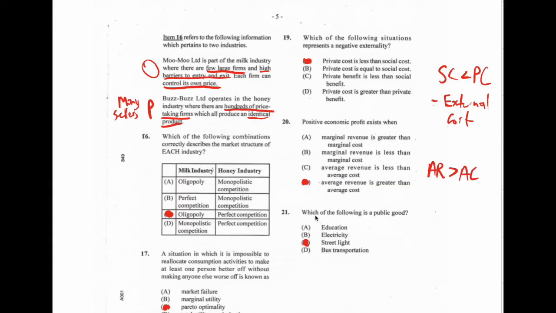D. Which of the following is a public good? This is a merit good. I just say that this is an economic good. The answer could be bus transportation, but in some cases it could be a merit good. But it's more of a public good. But well, let me not say it's a merit good. It's more of a public good. But C is a better answer because C, streetlights,